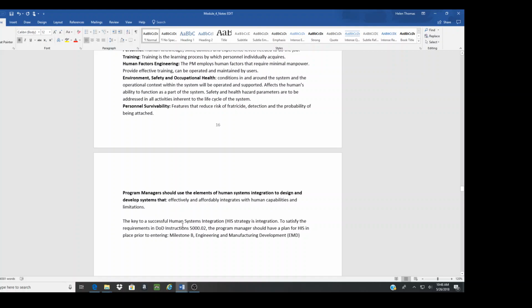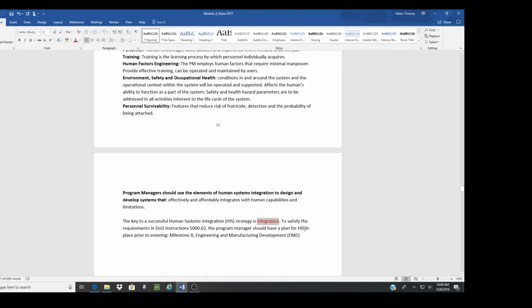So the key to a successful HSI strategy is integration. Highlight that. So to satisfy the requirements in DoD instruction 5000.02, the program manager should have a plan